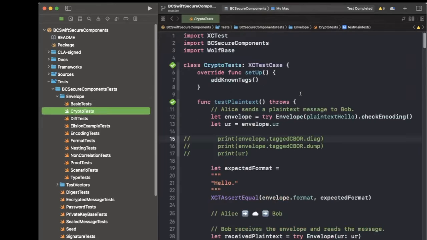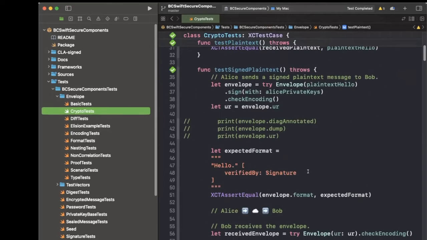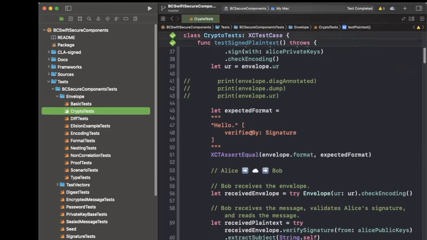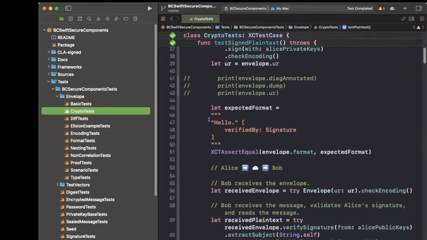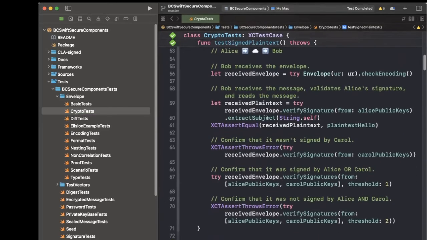Then I have a set of tests for basic cryptographic techniques. I have a plain text hello here, and make sure that you can extract it back to its original form. Then I have various kinds of use cases here. Alice signs it and sends it to Bob. This is what the format looks like when you output it. Here's the subject, and then the predicate-object pair, which is the signature on the subject. Then Alice sends it to Bob, and Bob receives the envelope. I'll walk you through the whole scenario of what the code would look like on both ends, with Bob verifying the signature,